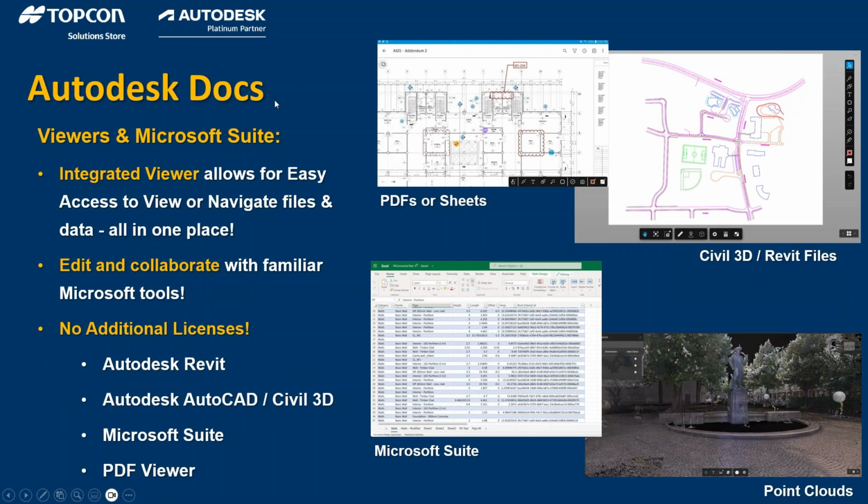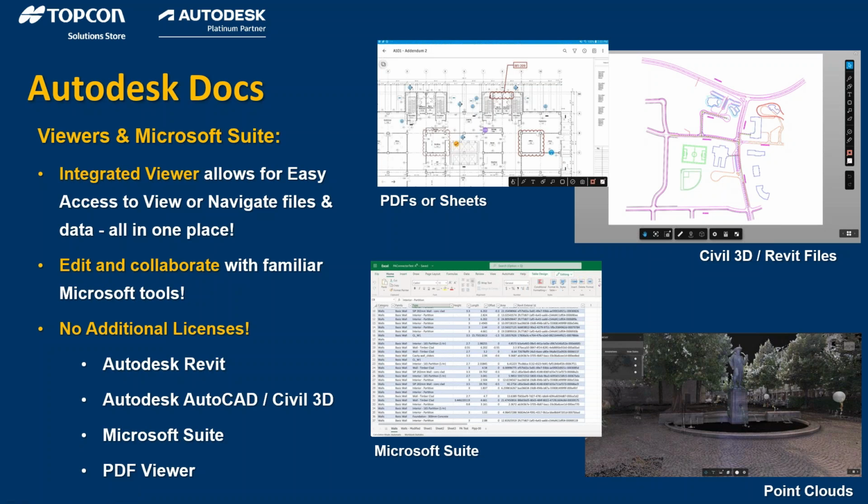Now, this is one of the benefits of this, and this is why I kind of emphasize security clearances, inviting outside stakeholders into the ACC and getting everything set up on Autodesk Docs. Autodesk Docs, whether you're on a mobile device or in the ACC web app, you have an integrated viewer for all the design software within Autodesk's realm. And what this allows you to do is whether you're taking a look at PDFs or sheet sets while you're out in the field and you're doing markups and you're collaborating, or what's really cool, which we're going to take a look at here in a few minutes, you actually can open full Civil 3D files